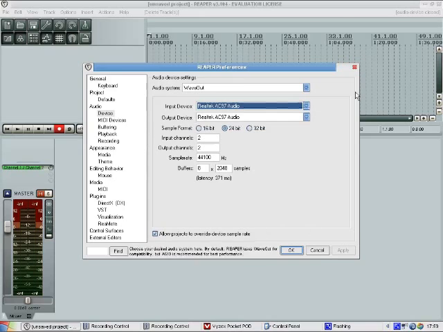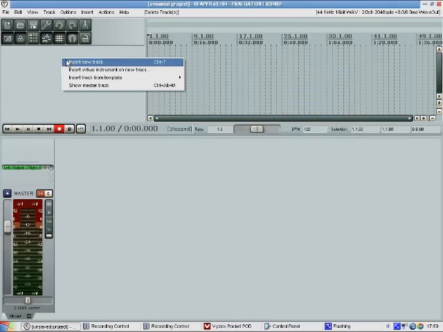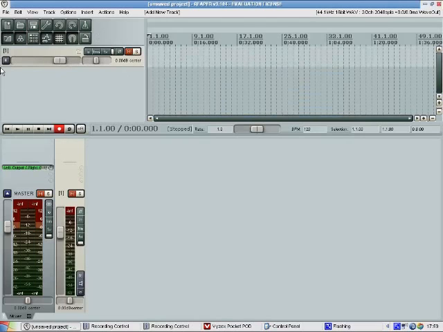Okay, don't worry about all of this stuff yet. We'll get to that later. Okay, so let's make a track. I'm going to right click and click Insert New Track in this panel area here,